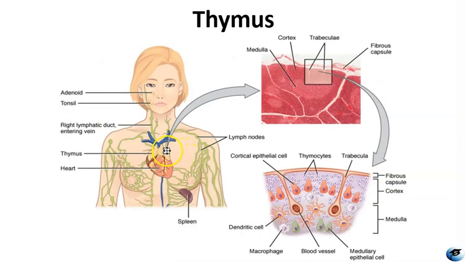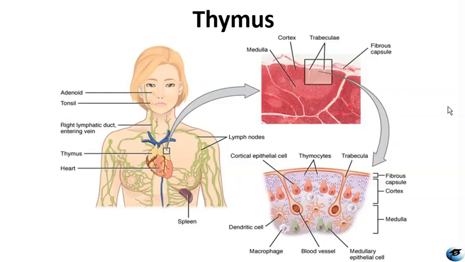The thymus here, just above the heart, is nestled in the upper thoracic cavity behind the sternum. It lies near other lymphatic structures, including the adenoids, tonsils, spleen, and lymph nodes, all visible on the diagram for context. The right lymphatic duct entering the venous circulation is also shown, reminding us of the close relationship between the lymphatic and circulatory systems. Now, if you look at the histological section of the thymus, you can clearly see lobular organization separated by trabeculae. Trabeculae are bands of connective tissue extending from the fibrous capsule, and each lobule contains two distinctive regions. Cortex appears darker due to the high density of developing thymus